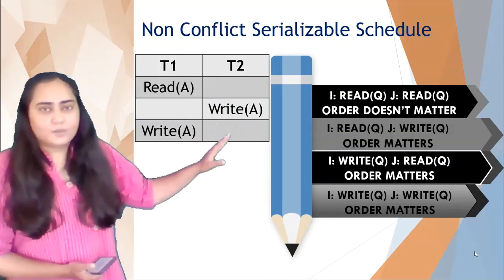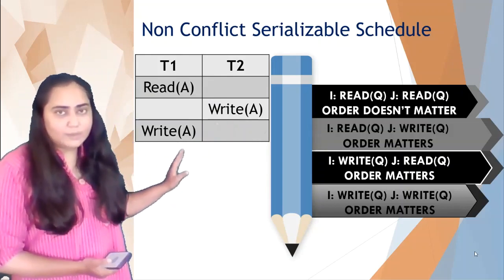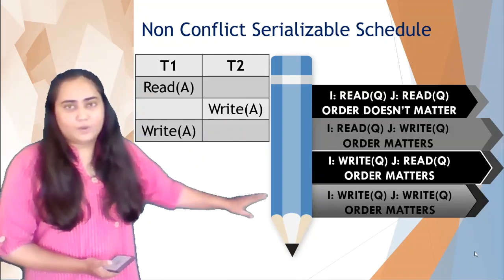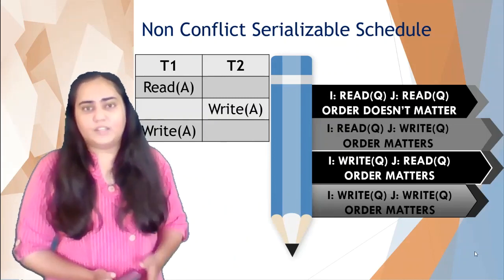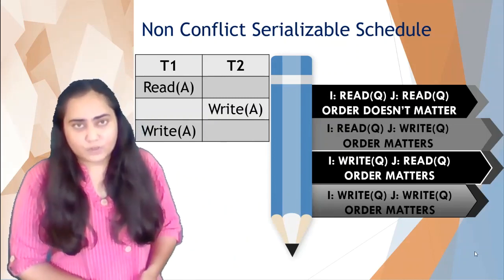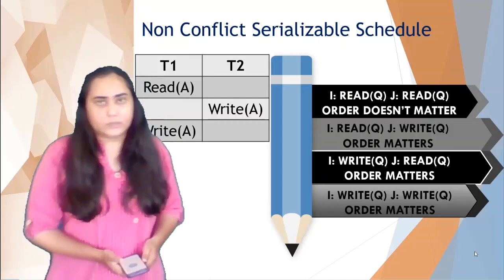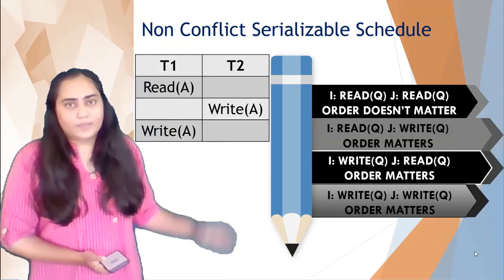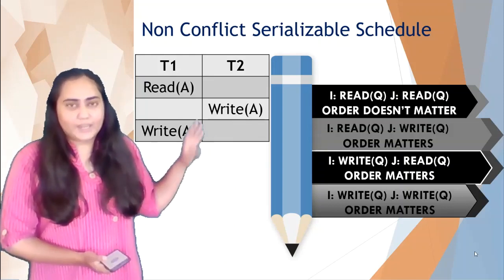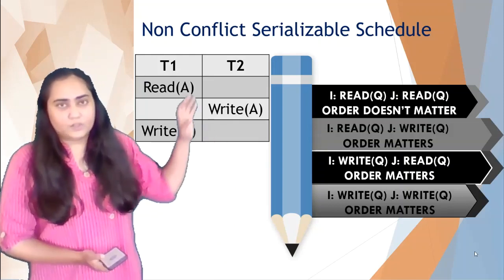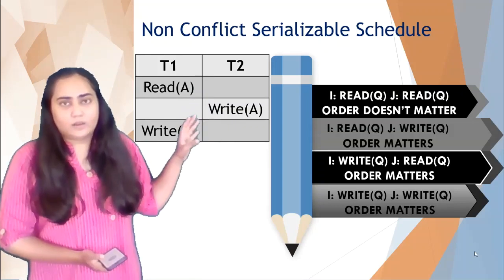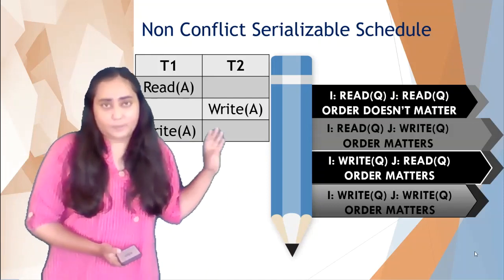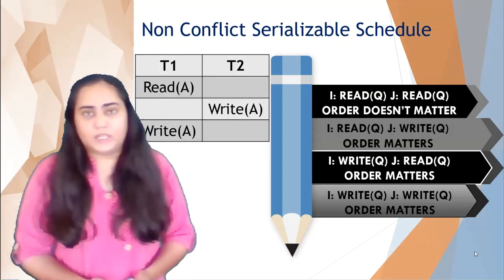And if we consider write A and write A present over here, from 2 different transactions, then I would be applying rule number 4 about 2 write operations being done by 2 different transactions on the same data item. So in this case too, I cannot interchange them. And that's why I'm unable to interchange any operation with any operation. And so this is forming a non-conflict serializable schedule, as you can see, because I'm not able to convert it into a serial schedule.